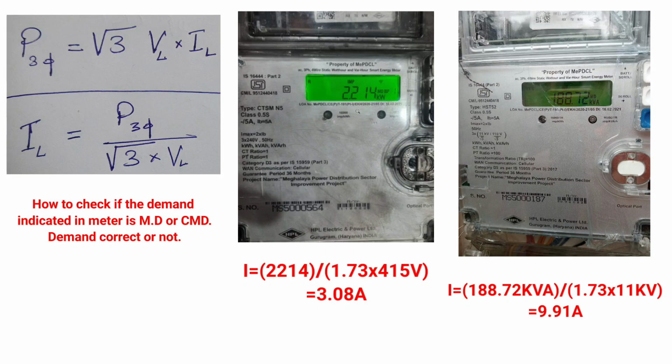Hello everyone. In this video we are going to see the demand of two meters. In the first case is the LTCT meter, where the voltage is our domestic voltage of 240 volt. This is phase to neutral, but if we take the line voltage it will be 415 volt. In the second case is the HT meter with a certain PT ratio, in this case an 11